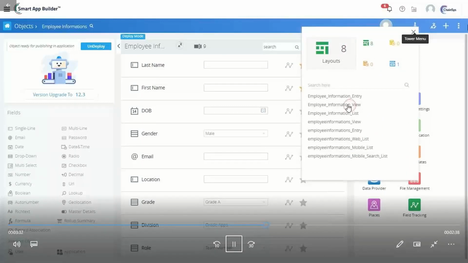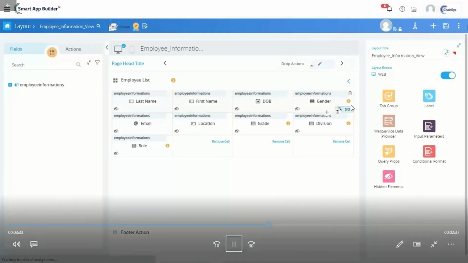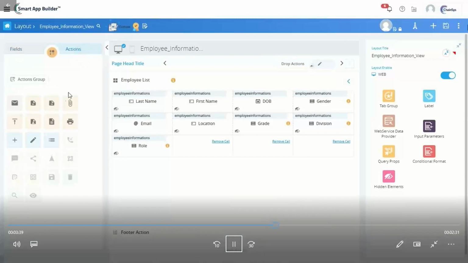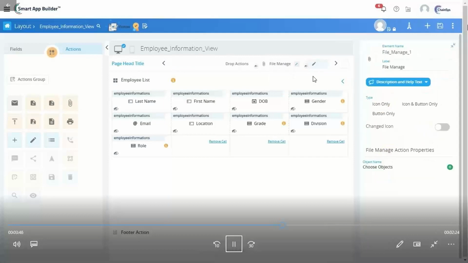Click view layout. So click actions, drag and drop the file manage action button. In properties of the file manage action button, choose the object where the documents and attachments need to be uploaded.